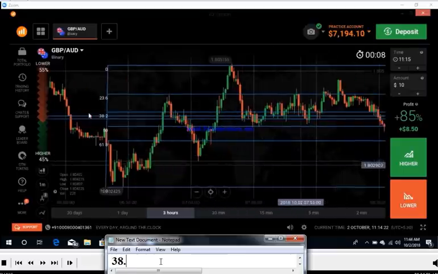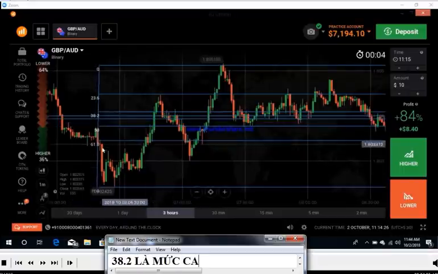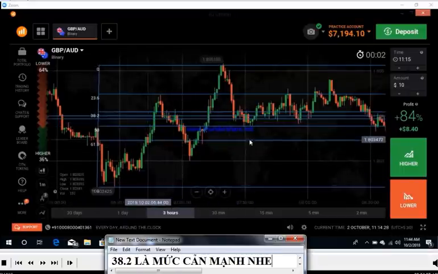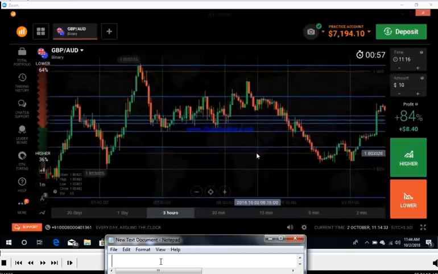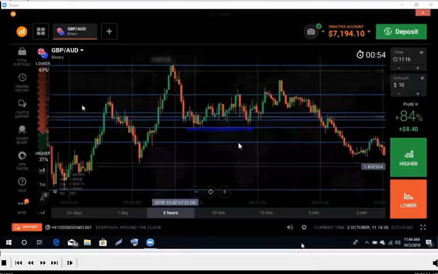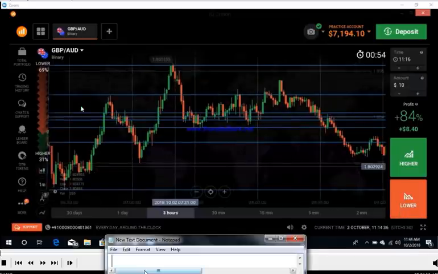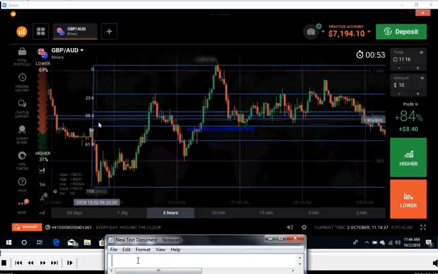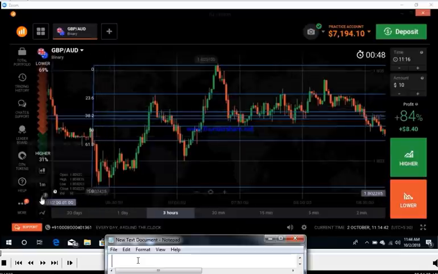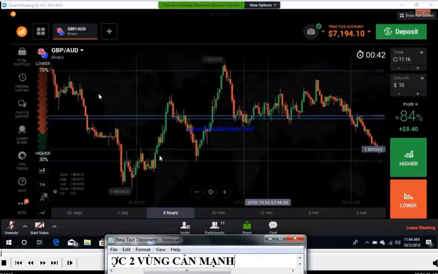You can consider this level as a strong level, because all these lines will work as support and resistance, but only the 38.2 level is working as a strong level here. So you can consider this 38.2 as a strong level here, or